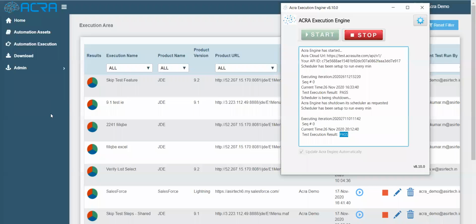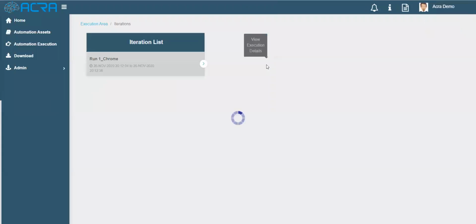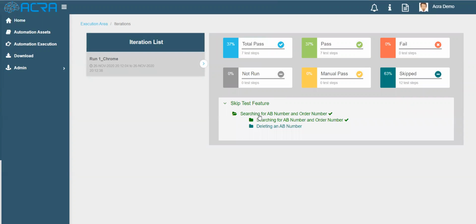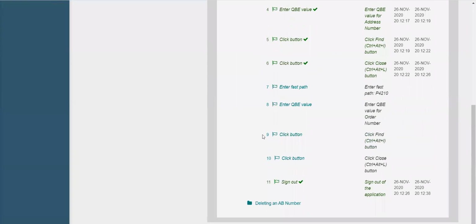Now let's navigate to the execution area to get more details, expanding the iteration name and the test set. Here, if you see, we have executed this test set. Under this test set, we had two test cases, out of which in the first test case, we have skipped 4 test steps related to the P4210 application, which were step numbers 7, 8, 9, 10.